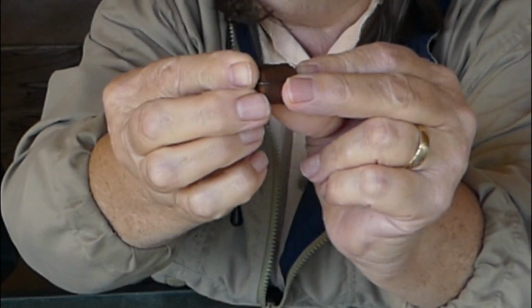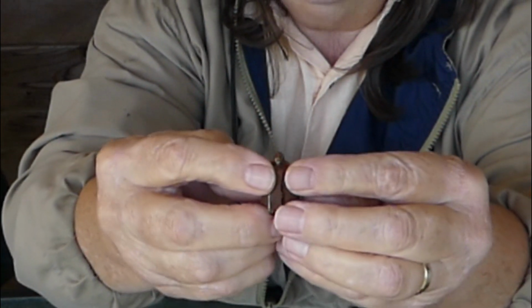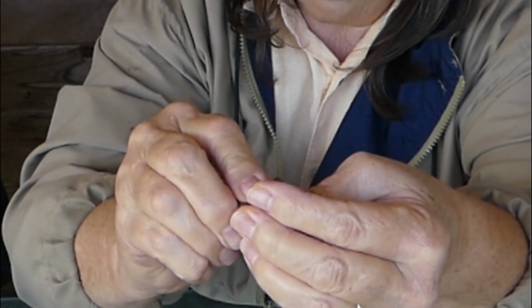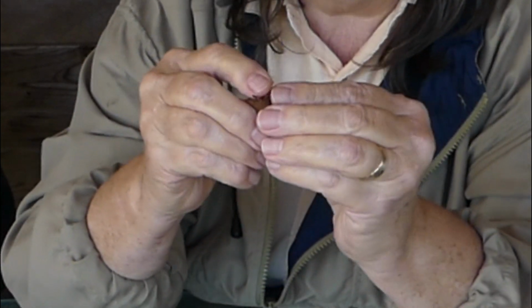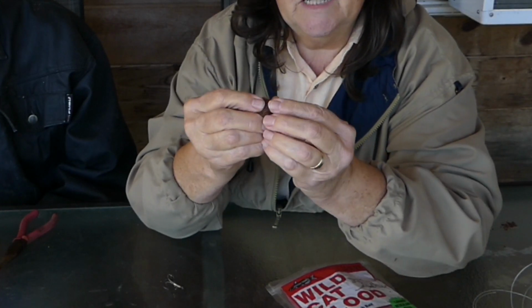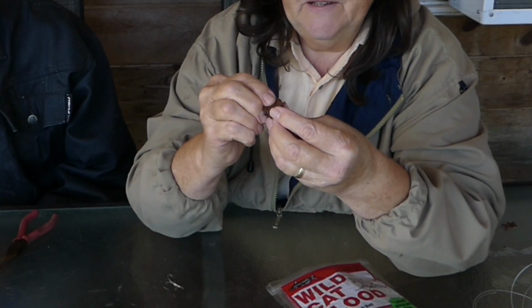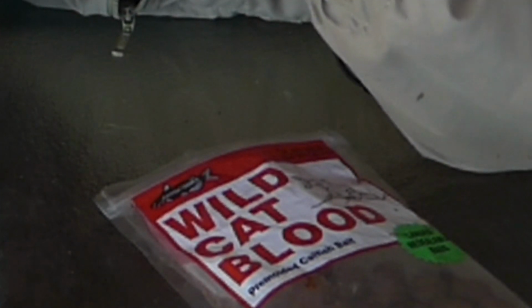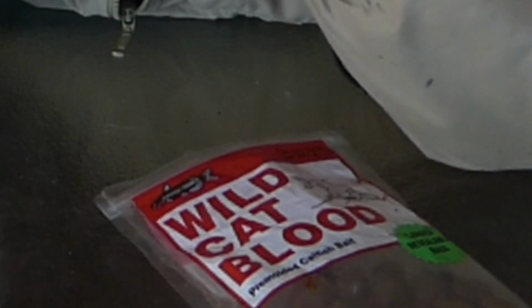Now it's going to crack at this point, but I have to mash it around and make it take shape and not have any cracks in the bait, because that can make it fall off. But I just keep pressing and make the bait fit around the hook so that it's secure, and I feel like it will hold on there, because this stuff is not the best about staying on the hook, but this is the best that I can come up with of something that will work for an extended period of time